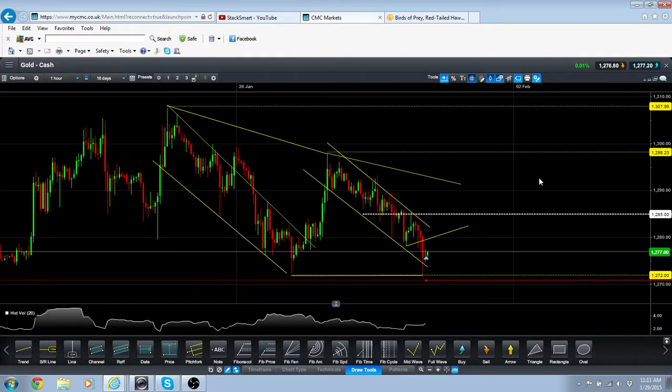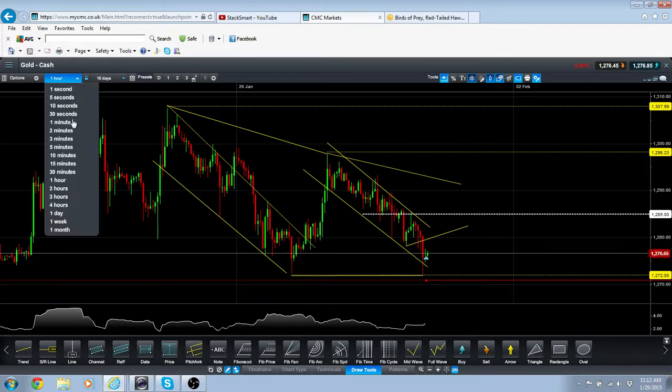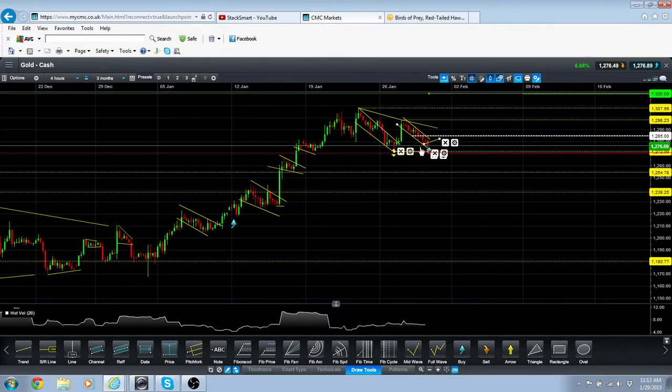Now the thing is, if this support line is broken, we could see some more downside. At the moment there's a bit of a battle royale happening in this area to see if the specs can push it underneath this support and run it down. So it's interesting to watch. As you can see, they've tried to pierce through on 2 occasions now, here and here, and if they're able to push through this support line, it's possible we could see the next real support is down at the